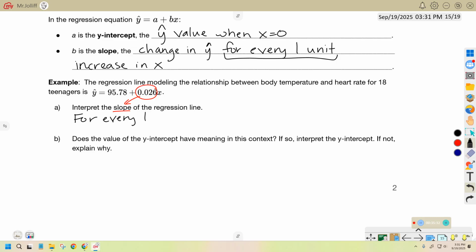Which one of those was X and which one was Y? Heart rate was our X, good. Body temp was our Y. So for every 1 BPM increase in heart rate, which is our X,